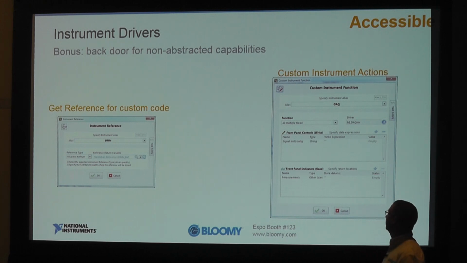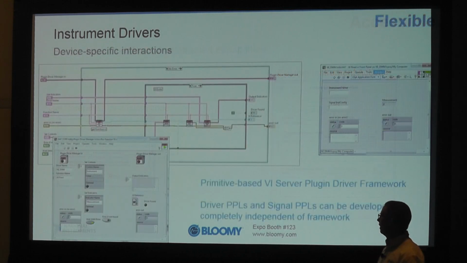And then at a slightly higher level, we have what we call custom instrument actions. Say you have an AC power supply that has a transformer. It's not something that's necessarily going to be abstracted in a generic way for all power supplies, but it's something that your power supply has access to. You could get the reference and write a VI to send that command, or if you look back at our